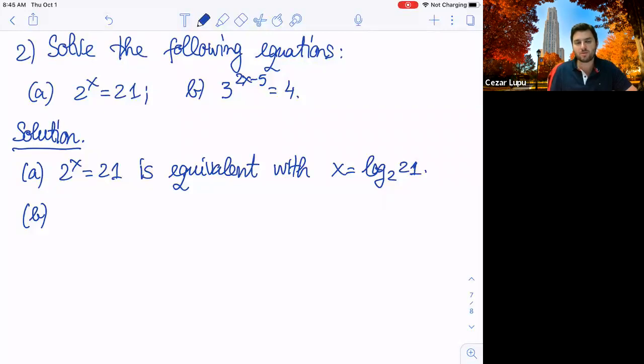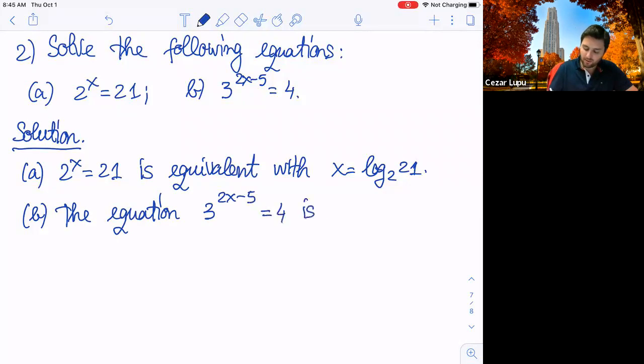Well, we can do it, but in terms of logarithm if you want. In fact, let's write it in this way. So the equation, we could have done it with the first one as well, but 3 to the power 2x minus 5 equals 4 is equivalent with